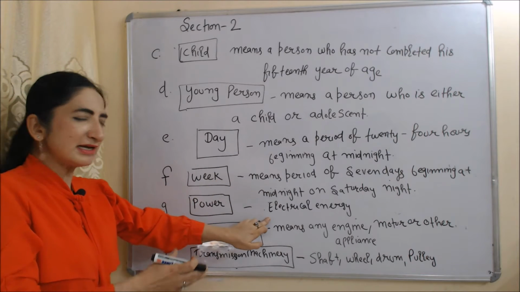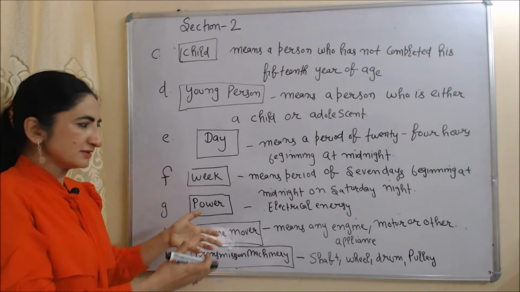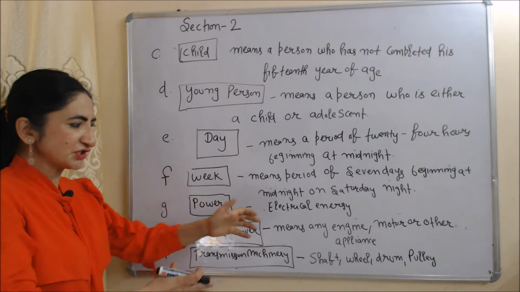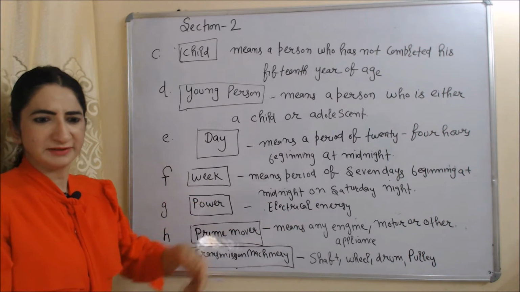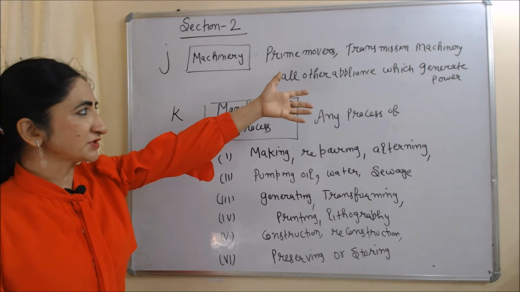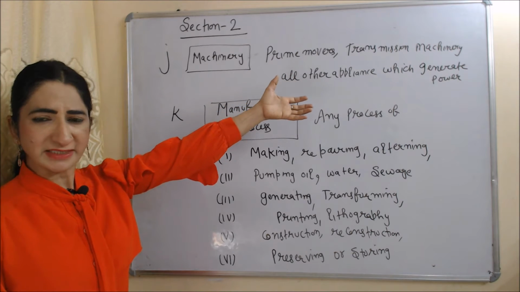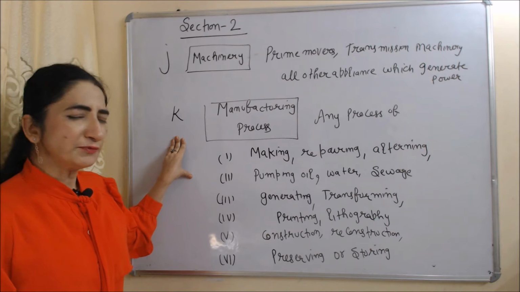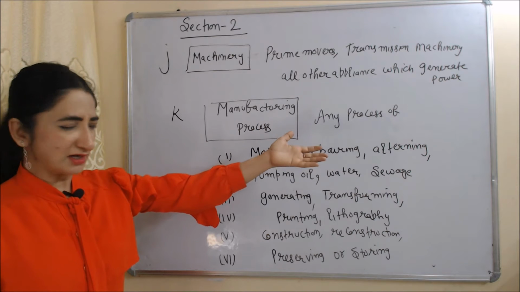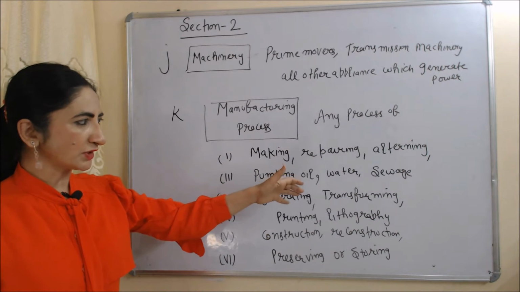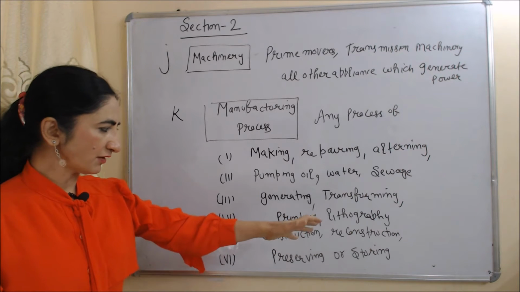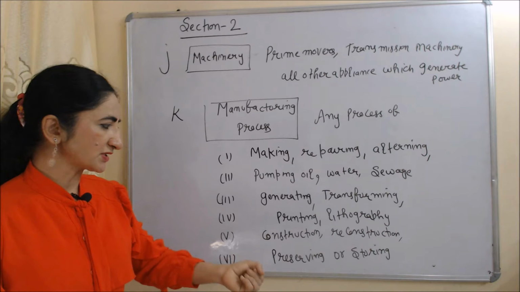Power means electrical energy. Prime mover means any engine, motor or other appliance. Transmission machinery means shaft, wheel, drum or any pulley. Machinery. Machinery means prime movers, transmission machinery and all other appliances which generate power. Manufacturing process means any process of making, repairing, altering, pumping oil, water, sewage, generating, transforming, printing, lithography, construction, reconstruction, preserving